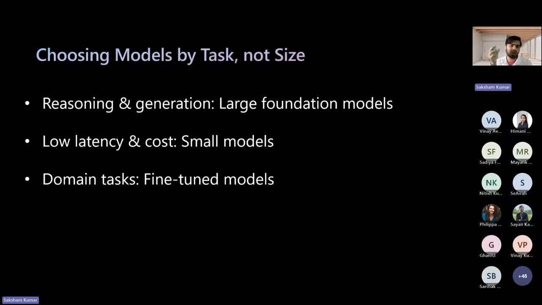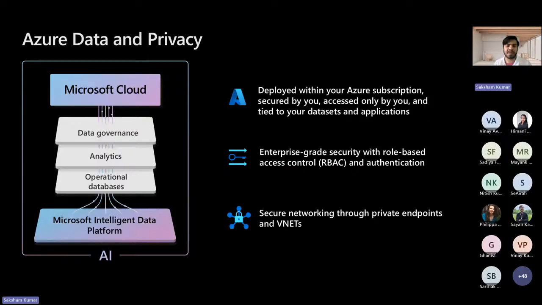We also have fine-tuned models. These are models specially trained for tasks like medical inferencing and finance. Some examples are MedPalm, for medical professional data, made by Google. We have Bloomberg GPT, which is for finance. So what Azure adds now is enterprise trust. Why you should use Azure rather than open models is that it adds trust. It gives security, privacy, governance, and observability all in one platform, so that you can make scalable production systems.